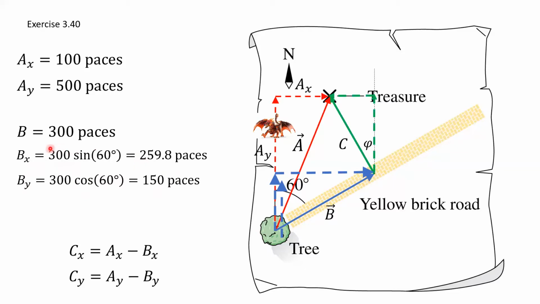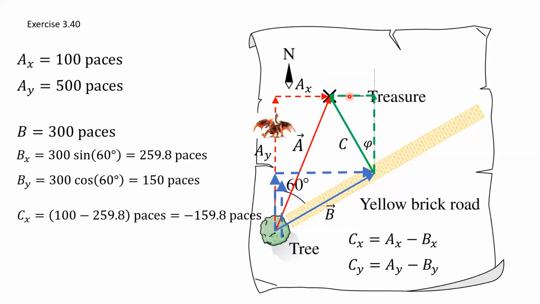And now it looks like we know bx, by, ax, ay. We can evaluate these formulas down here and find the Cartesian components of our final displacement. So plug in the numbers. Here's what I get for c sub x, and appropriately, it is a negative number because obviously we're going to have to go to the left in order to get back to x marks the spot. And for the y component, plug in your numbers. Evidently, we need to walk 350 paces north and negative 160 paces, or I should say positive 160 paces